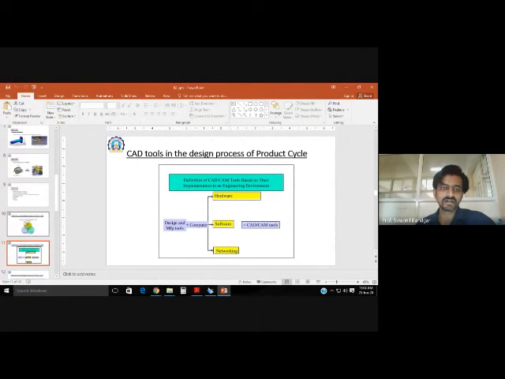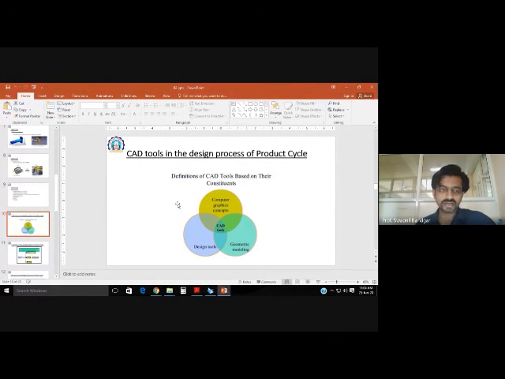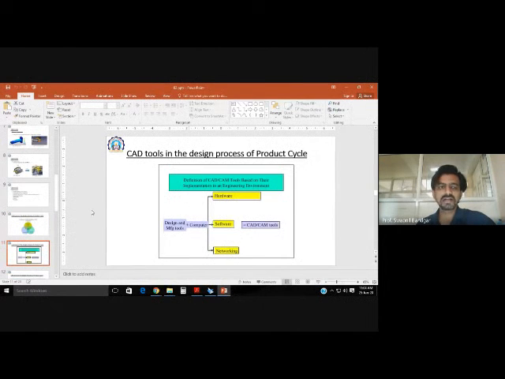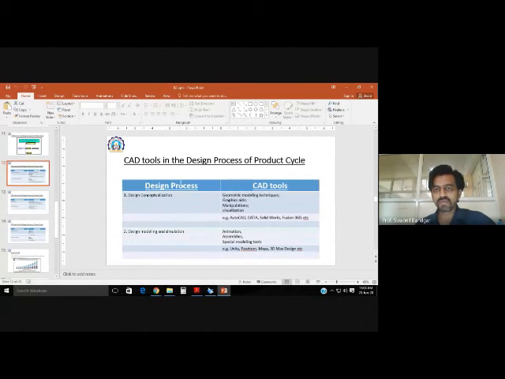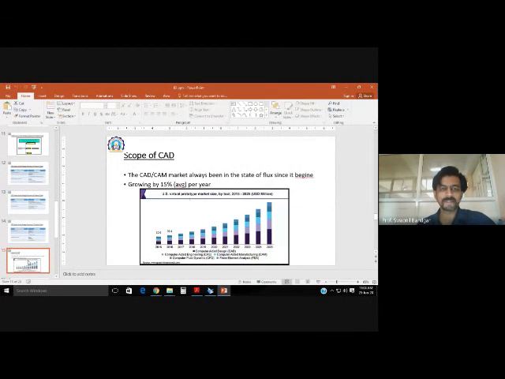Then this is according to their constituents, and this is according to the engineering environment where these are used. Then the CAD processes, and in detail what CAD tools are required for the particular process. There are some 5 to 6 processes, and for each process there are different CAD tools available with the commercial software.